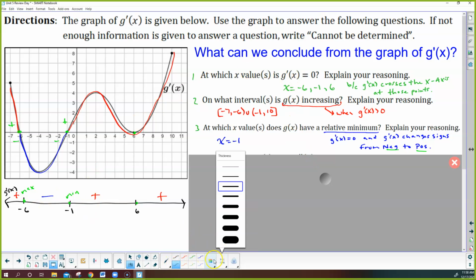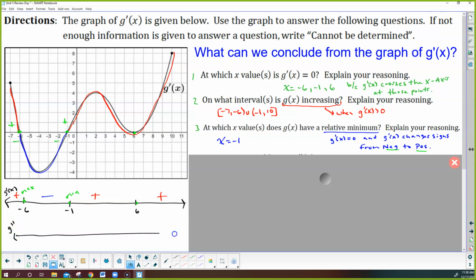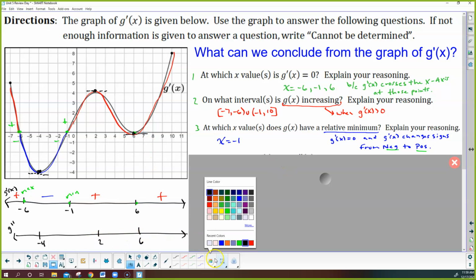If you really want to, which I'm going to recommend, you could make a sign chart now for the second derivative. The only thing we have to be careful about is where the second derivative is equal to 0. Well, it's equal to 0 at any max or mins. Why? Because the second derivative is the derivative, or the slopes, of this graph. So at -4, I have a horizontal tangent. At 2, I have a horizontal tangent. And at 6, I've got a horizontal tangent. And then we can actually even fill out the